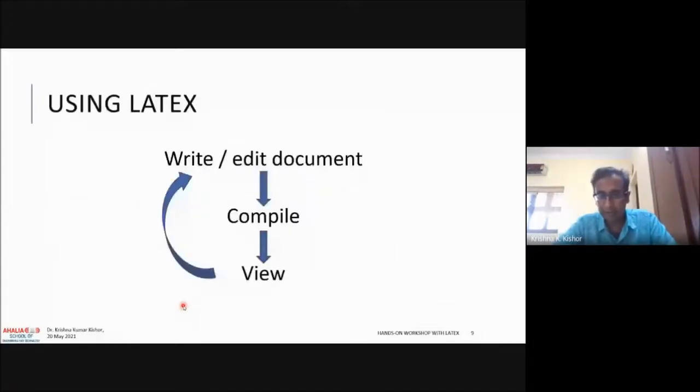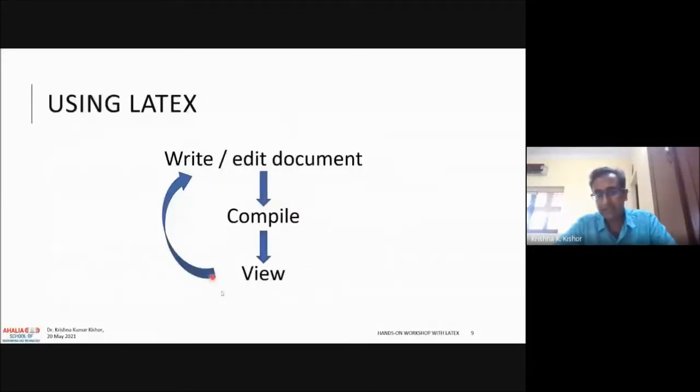First, you write the document, or you edit the document, whatever you want. This is done in the word processor. Once you install the editor, this writing happens in that editor, if it's TeXworks or whatever it is. Then you compile the document, and finally you view it. This compilation typically happens automatically. Depending on the editor that you're using, if you press the view key, it automatically compiles it,